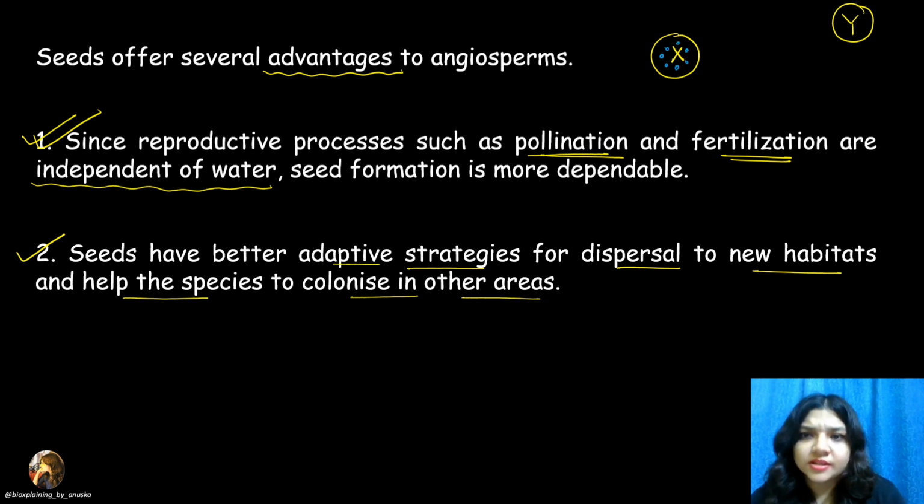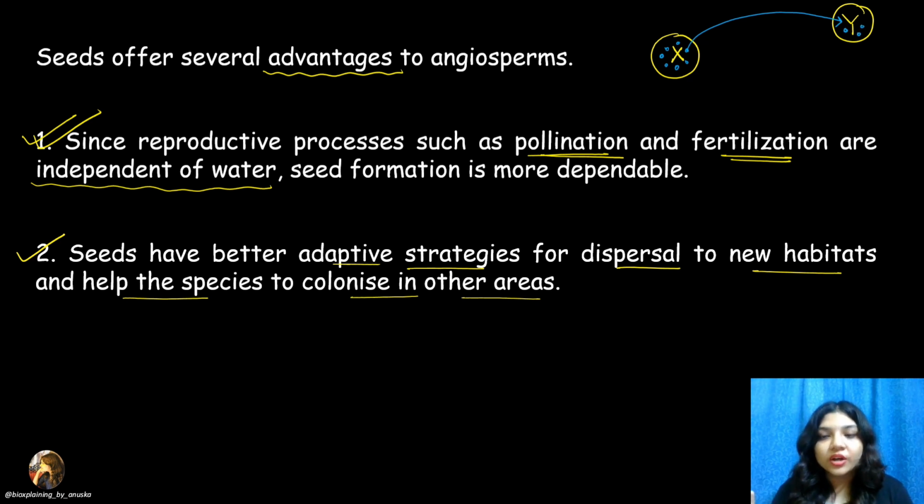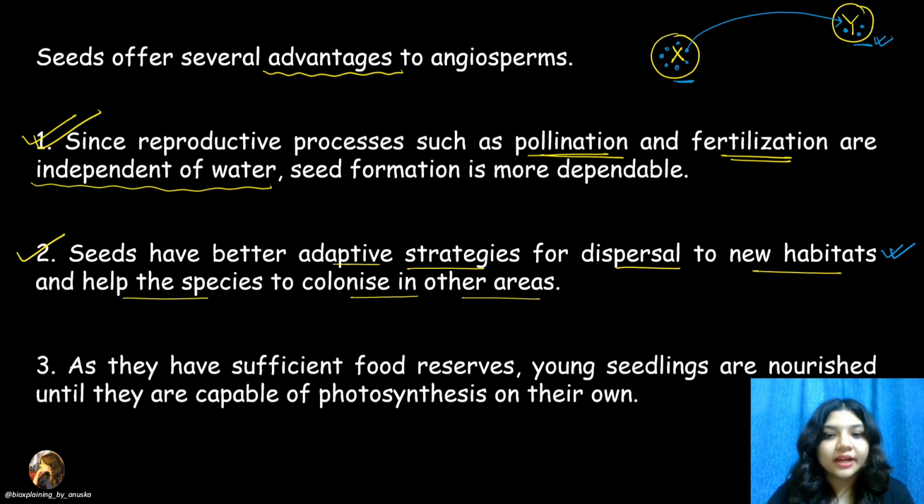Now by some means these seeds get dispersed here. So if they fall into the Y region, so what will happen? Within a year or two, this type of plant will also grow in that different Y region. Right? So they have adaptive strategies for dispersal to new habitats. So this species which was present only in X and not in Y, that plant species can now also go to Y. Okay. Next क्या है कि as they have sufficient food reserve, seeds के पास enough of food reserve